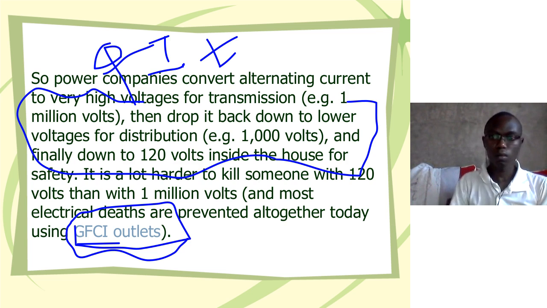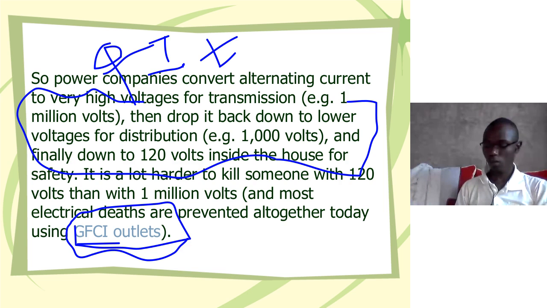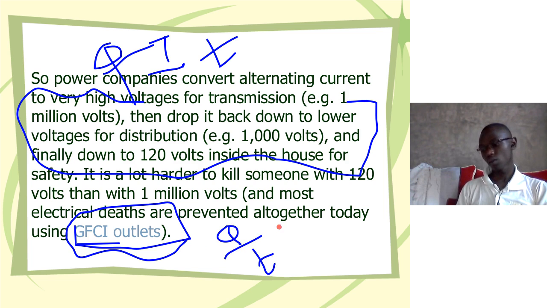So if a charge of 1 coulomb passes a given point per second, then we can define what we call 1 ampere. So another relationship that also exists is that Q over T is equal to